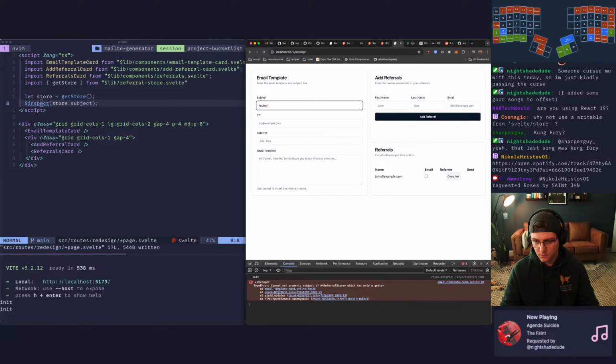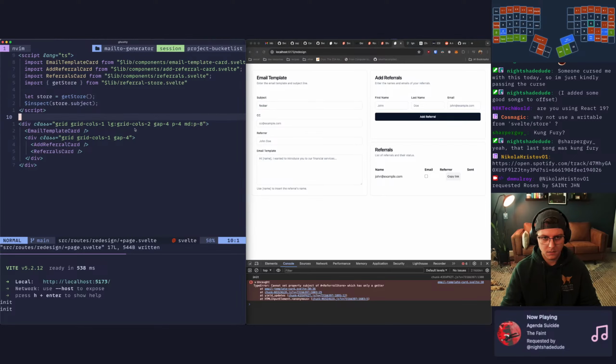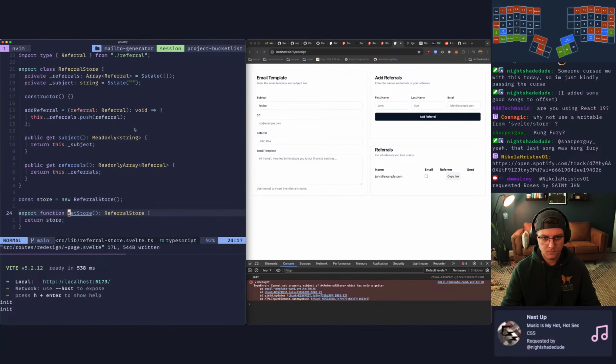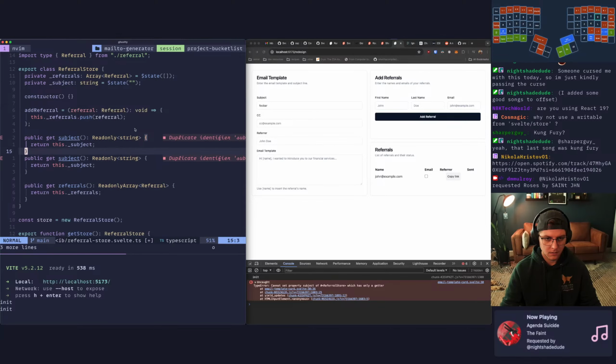Okay. Cannot set property of, okay, so we need a setter for it. So we'll come in here and we'll do the same thing basically.